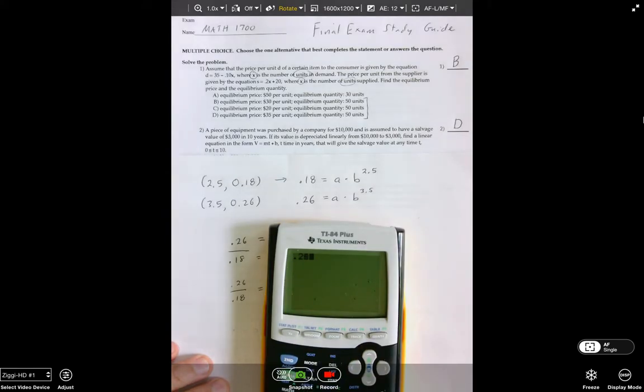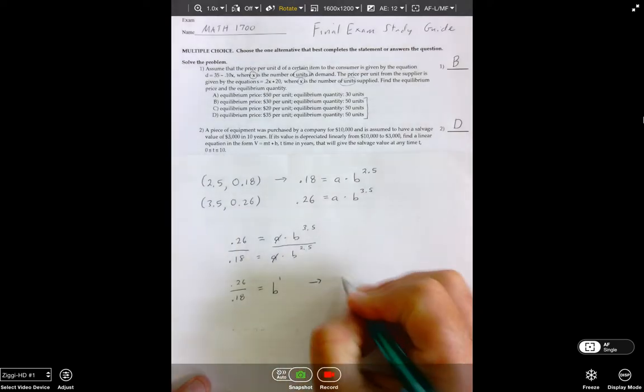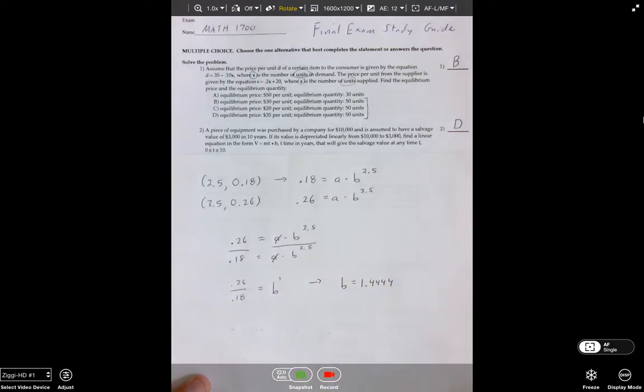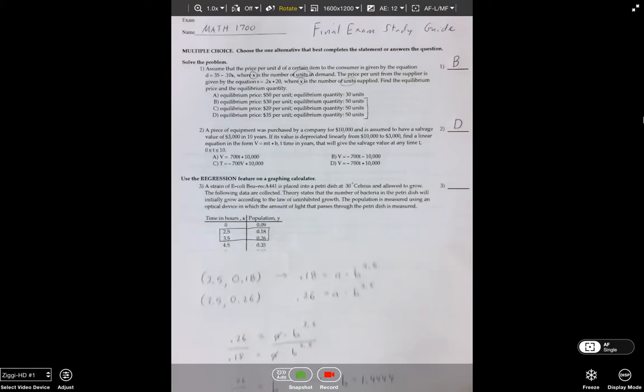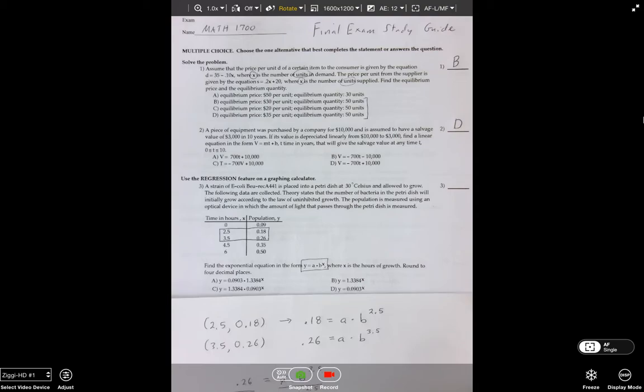So 0.26 divided by 0.18, I get 1.4444 because my instructions say go to 4 places. Now I'm going to tell you, I'm going to cheat here. I'm going to go see if there's any answer that has 1.44 as the